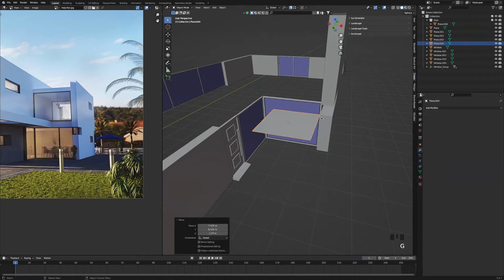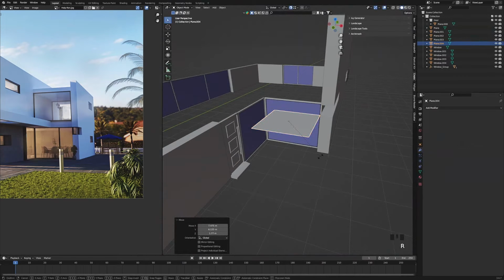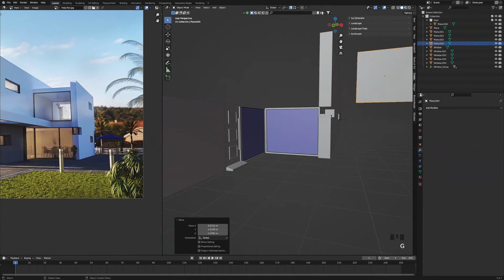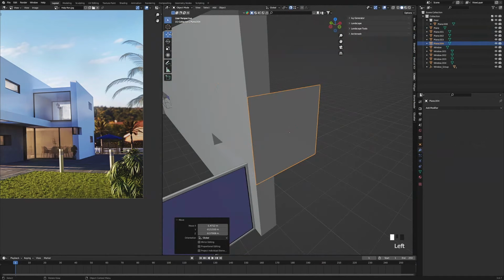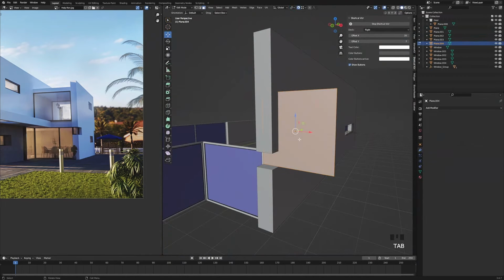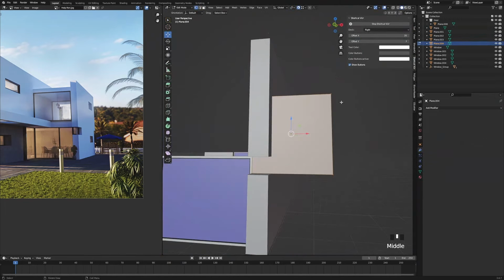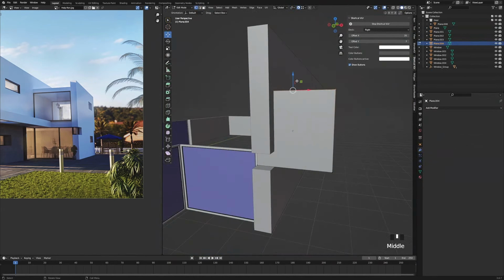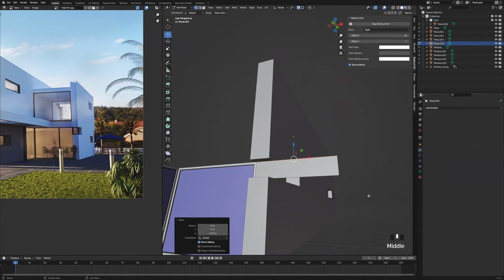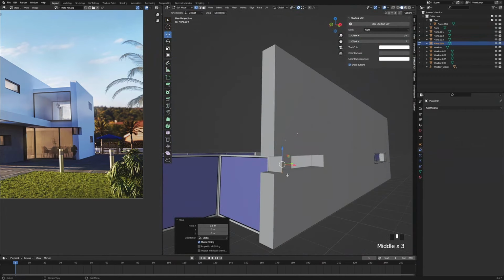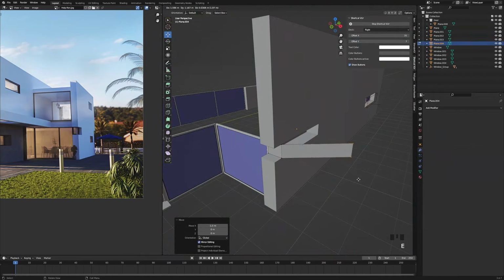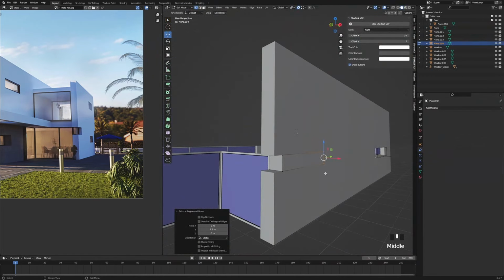So now we're going to press Shift A and we're going to select a plane. I'm going to press G and snap it there. We're going to press R, X 90 to rotate it. I'm going to press G and snap it there. Zoom in. I'm going to select the move tool and just bring it back so it snaps right with the window. Press Tab and then 1 for vertices. Select the 2 top vertices and bring it down to there. Select the ones on the right, snap it to that side there. With them still selected, we're going to press E to extrude them and snap them to the back of the window.